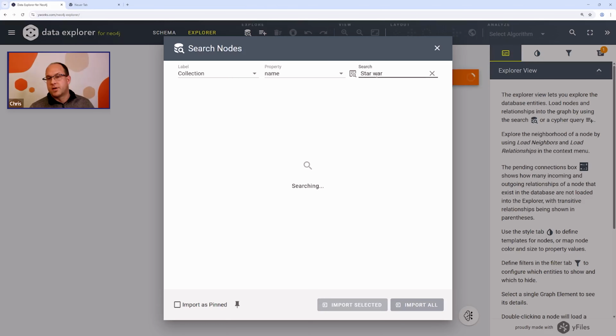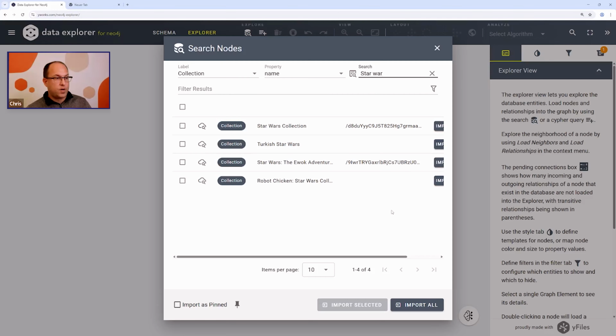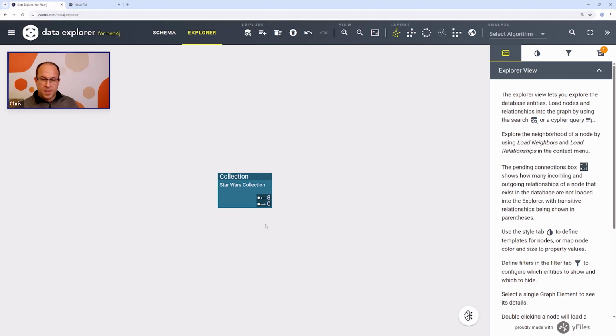I want to start the demonstration with the Star Wars collection. So if you enter the Star Wars search, we get 4 different Star Wars collections, but I want the first one here. I click on the import button. And as you see now, there's one node loaded, and this one corresponds to the Star Wars collection